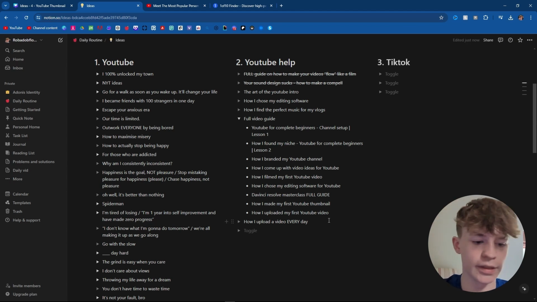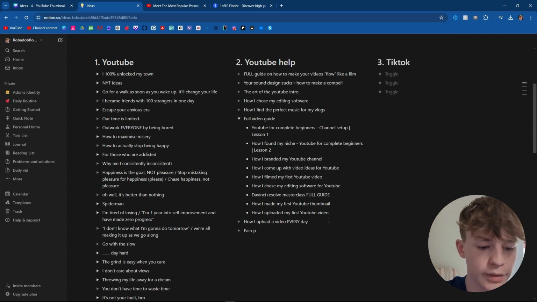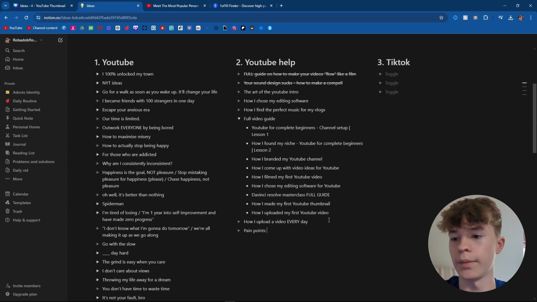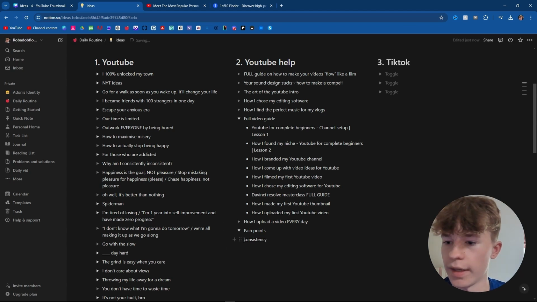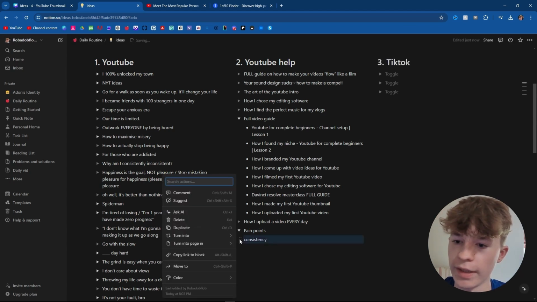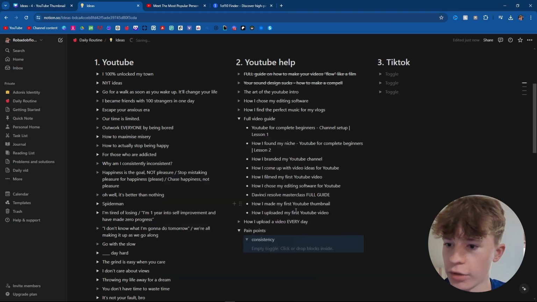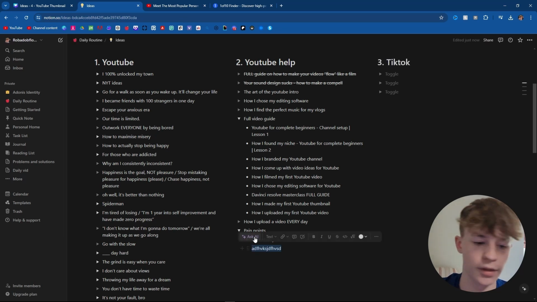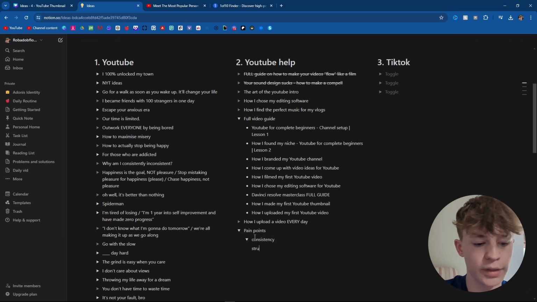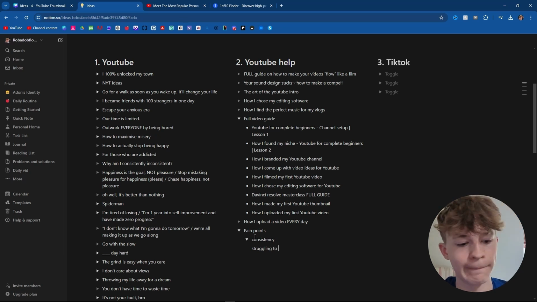If I go click this and then go pain points, then I can use this little toggle and then write down. I could write down something like, say you're in that finance niche, consistency, see, like that. And then basically you press this little icon here and then turn into toggle list, and then you can go down here and write whatever. So consistency, I could say struggling to get enough sleep,